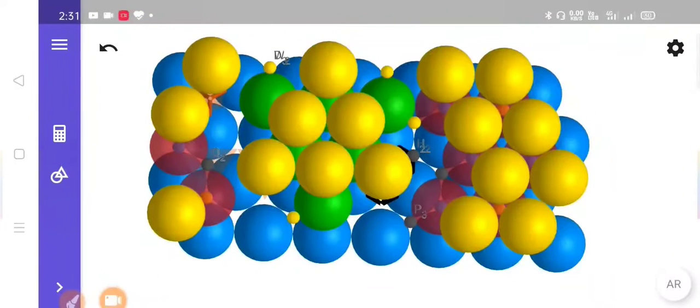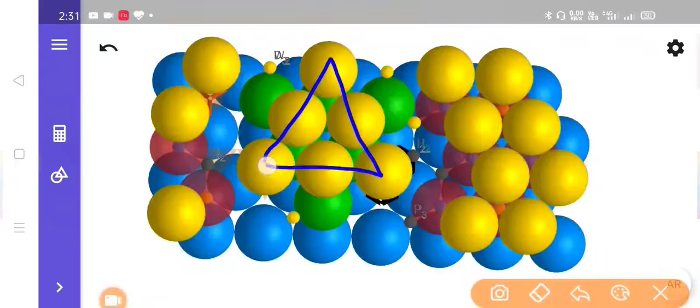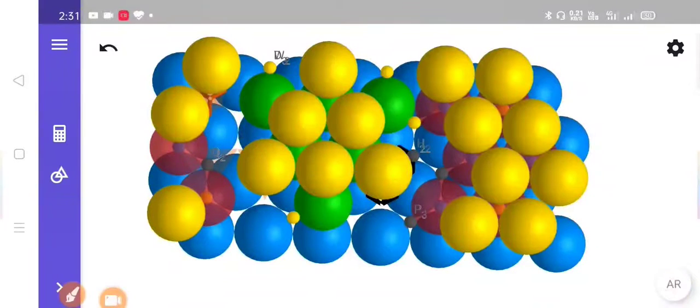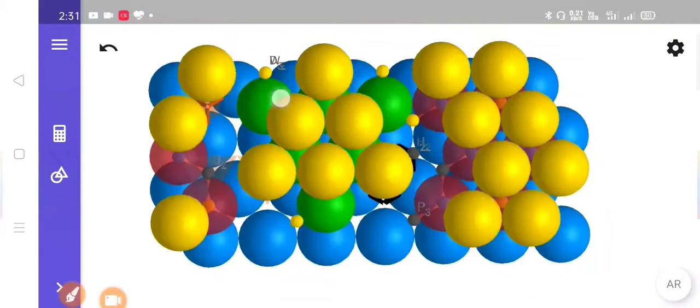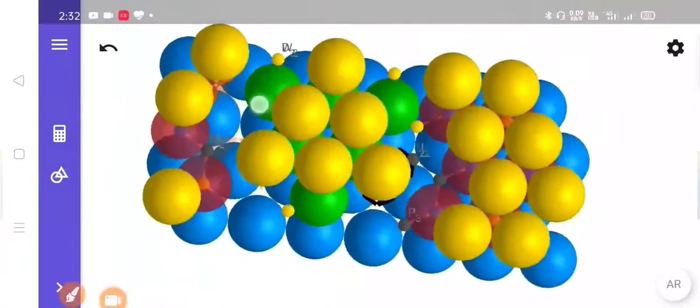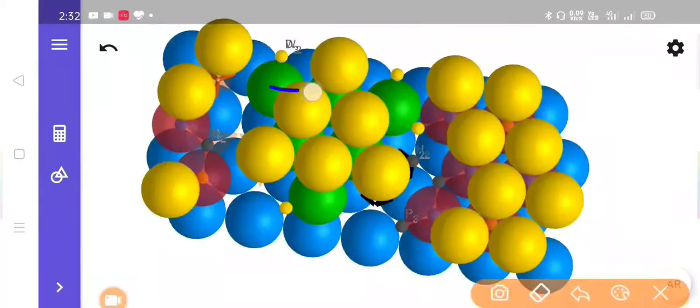So this second layer also creates a triangle with six spheres, but it is opposite from the first layer. First layer creates a triangle in this direction, that means topward direction, while the second layer creates a triangle in the opposite direction, which you can see here.